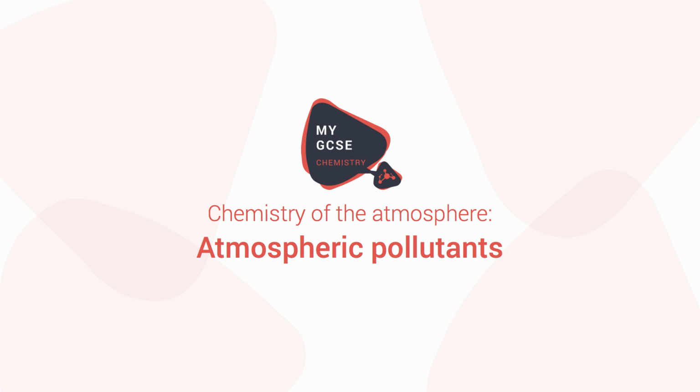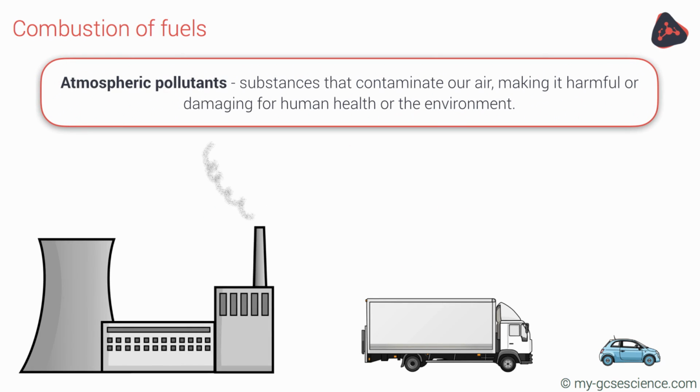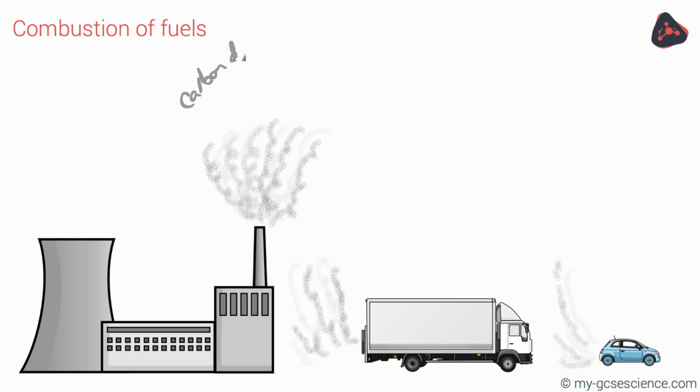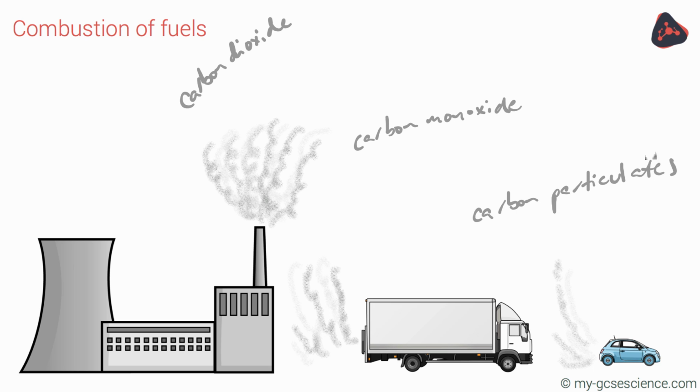In this video we're going to be talking about atmospheric pollutants, how they're formed and what damage they can do. Atmospheric pollutants are substances that contaminate our air, making it harmful or damaging. Most of the pollutants that pollute our atmosphere are formed from the combustion of fuels in factories, power stations, trucks, cars, etc. These pollutants include carbon dioxide, carbon monoxide, carbon particulates or particles, sulfur dioxide, nitrogen oxides, unburnt hydrocarbons,